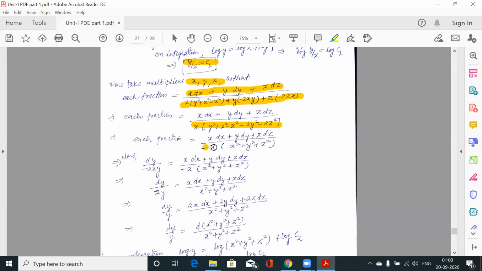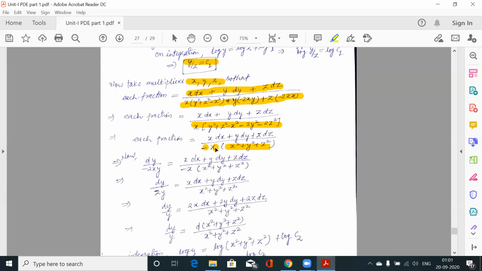So minus is common. So under the bracket, what is left is x square plus y square plus z square. Now again, this is not integration in this position, because this x is the problem. Otherwise, if this x is not there, this is x dx plus y dy plus z dz, and the denominator is x square plus y square plus z square. By multiplying 2 by 2, this is 2x dx, 2y dy, 2z dz. So we can make it a direct exact differentiation of x square plus y square plus z square. So this is not the problem.